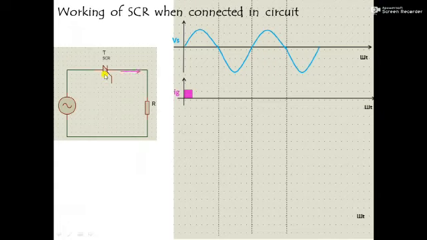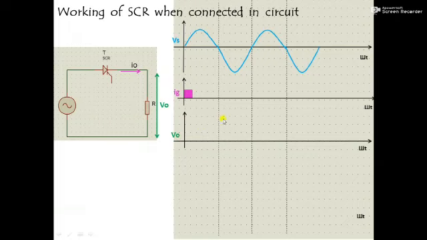Once the SCR is turned on, you see here SCR is getting positive half cycle, that is anode is positive, cathode is negative. A gate triggering pulse is applied at the SCR, so SCR turns on. Because it is turning on, it is providing a short here, and therefore current, which is shown as a pink arrow here, current I0, that is load current, will start flowing through the circuit. Then there will be an output voltage appearing across this load resistor R, and that output voltage will be given as V0. So V0 we have represented here.